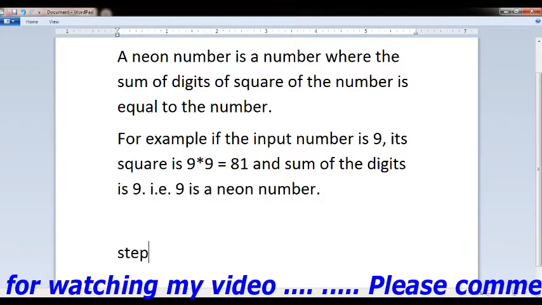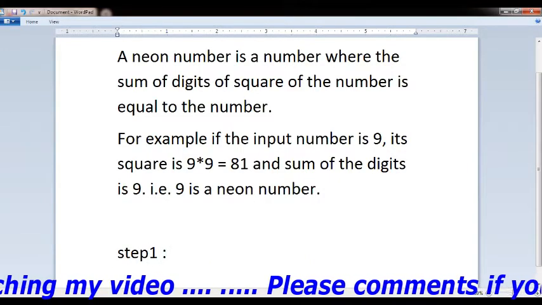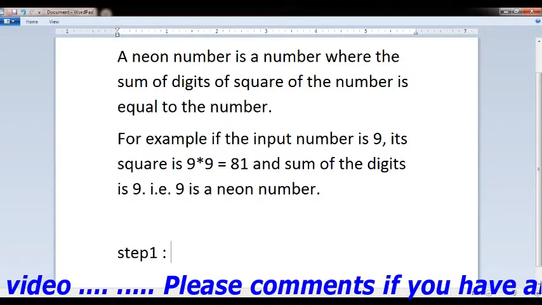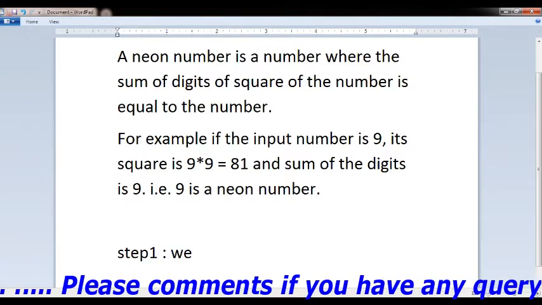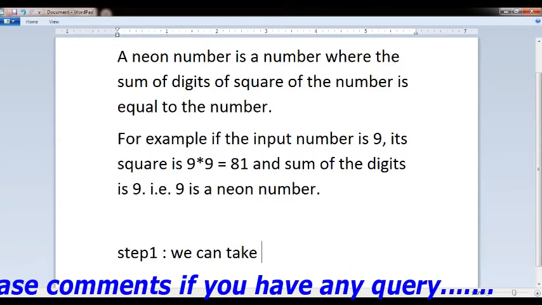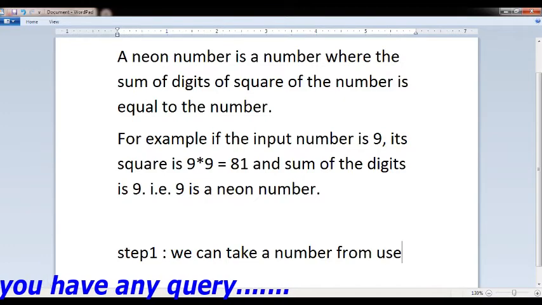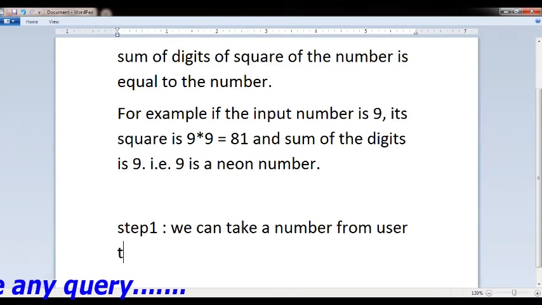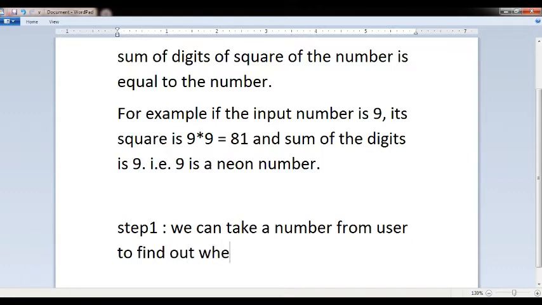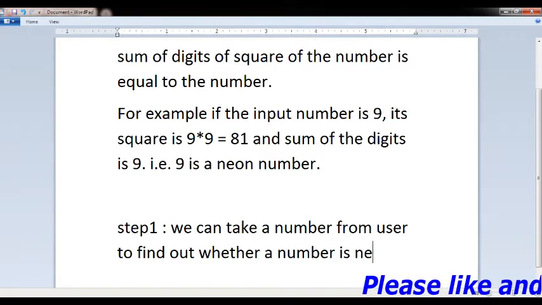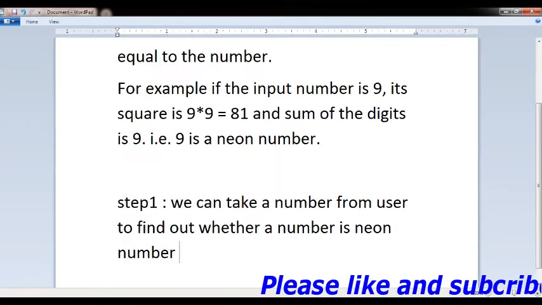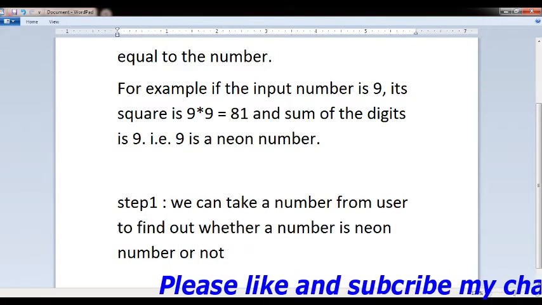Step 1: take a number from the user to find out whether the number is a neon number or not.